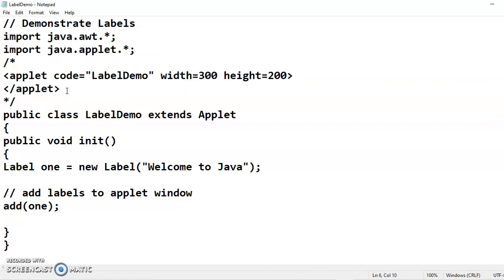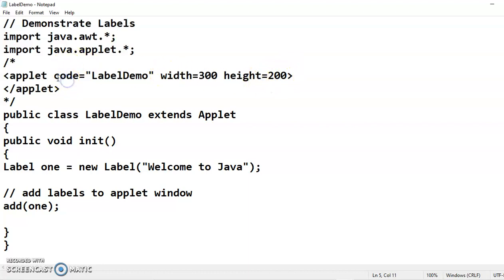So this applet tag has an opening tag and a closing tag. In the opening tag, this tag has 3 parameters. One is code, other is width, and next is height. Width and height are integer values in pixels. So whatever width and height of an applet you want in output, how big an applet you want, you can set the width and height accordingly.